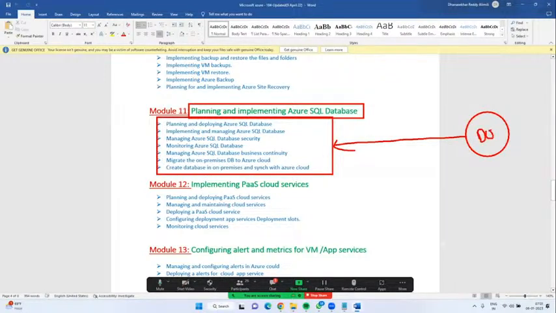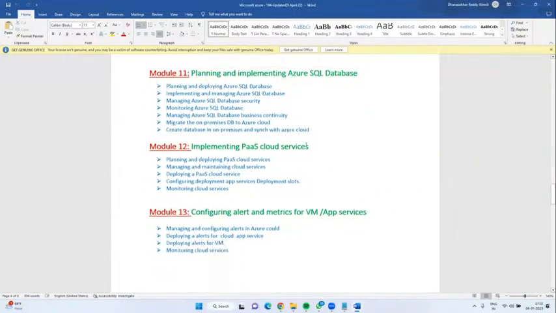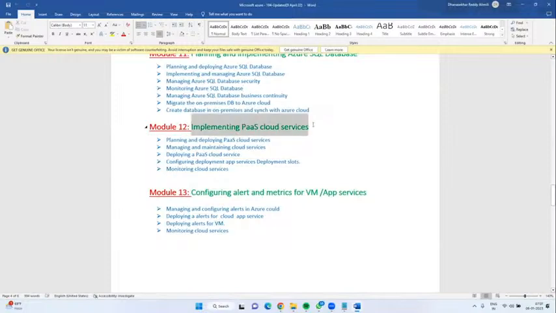For example, a .NET application may require communicating with a database. How can you communicate? How to pull the data from SQL Server to the .NET application? I will write the code, that is C# code, and show you in module 11. Module 12, implementing PaaS services. We have different tabs like Logic App, Function App, and also we can host web services, WCF URLs. How to do that, we will see in module 12.